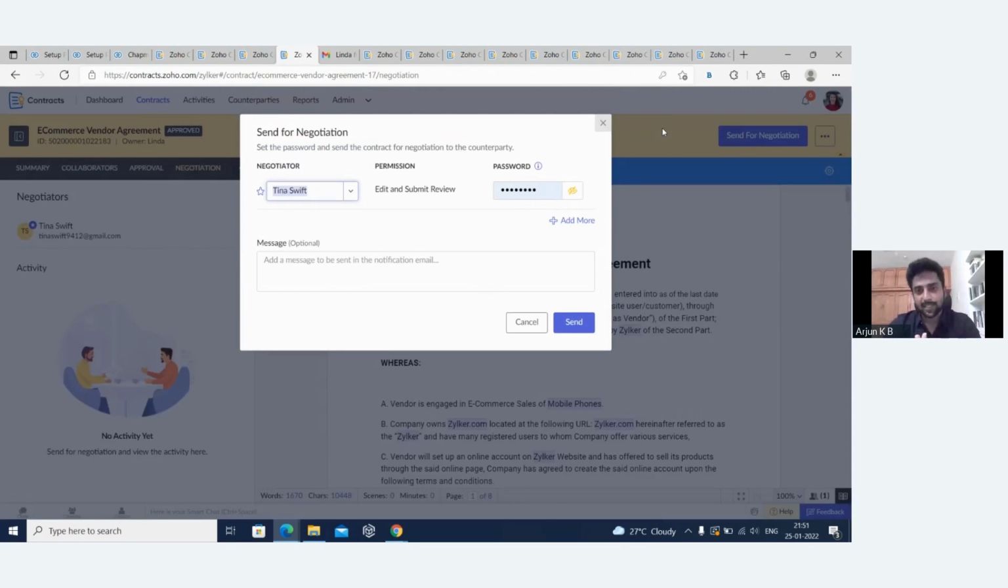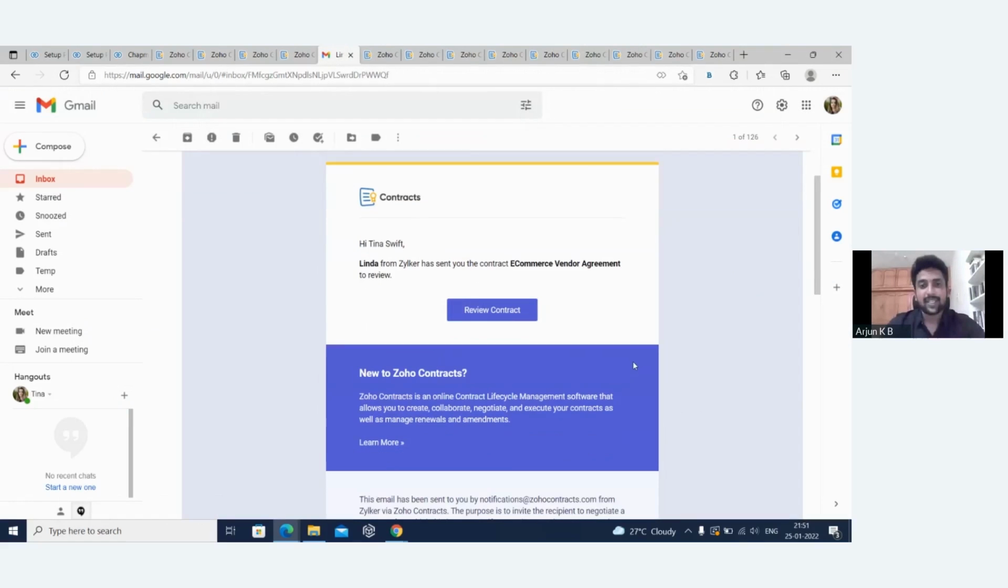So how we have addressed this problem in Zoho Contracts is we have provided controlled access for your counterparties. That is, when you send this contract for negotiation, you will be able to add the counterparty negotiators. You can set permissions for them, and then you can set a password. You can set unique passwords for each of these negotiators. And once you send this contract for negotiation, the counterparty negotiators will receive an email with the link to review